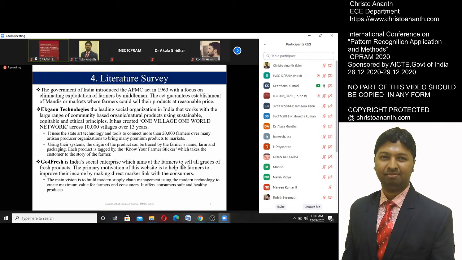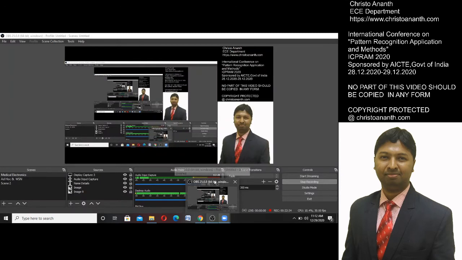We have done some survey for our project, and there are some applications similar to our project, like Ecocon technology. It is very leading in India and is located in Tamil Nadu. It connects all the people in different cities and villages who are living near the people, gets the products and sells them for a fair price, so farmers and consumers can both get benefits.